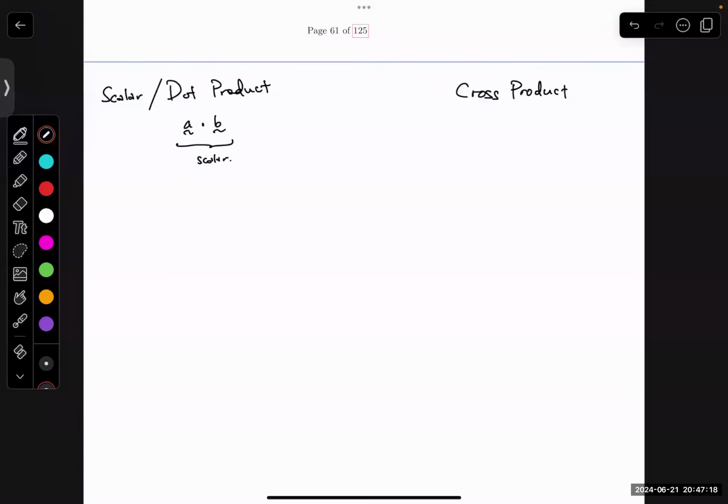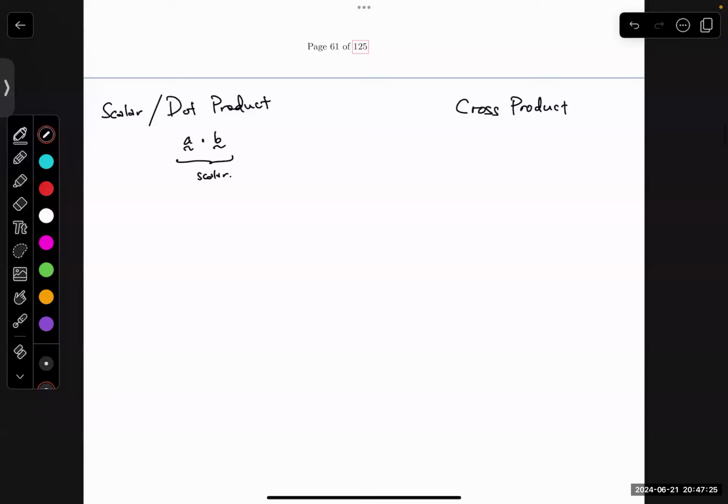It is a scalar quantity, a number basically. Okay, now cross product. Same thing. Cross tells us the symbol, right? Literally the symbol is a cross, or what we write as times. Okay, so a cross product,